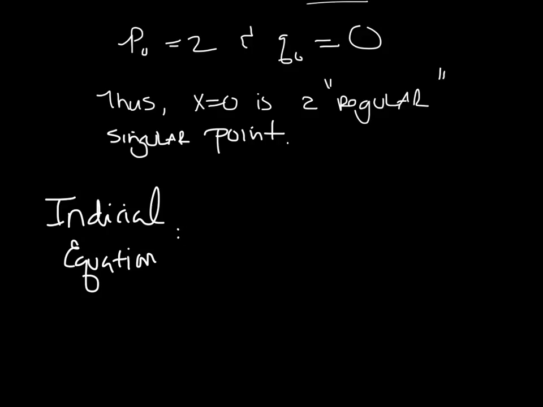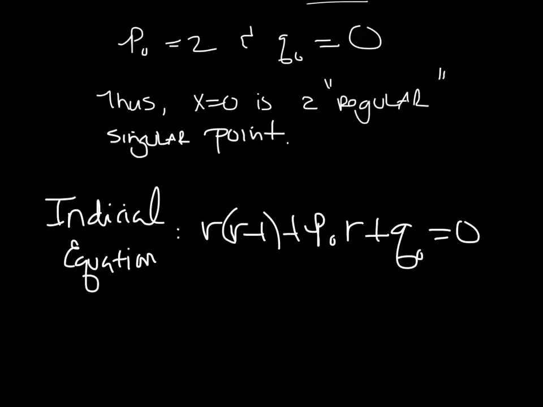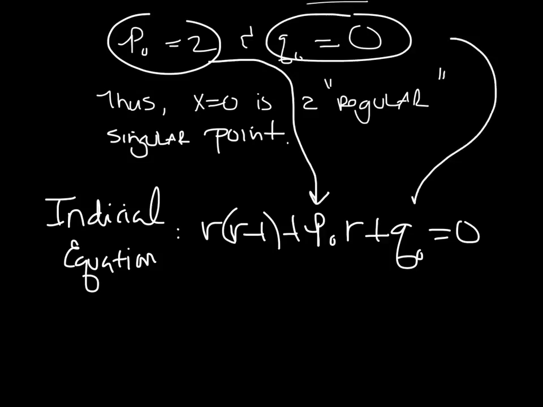Our equation is r times the quantity r minus 1, plus p naught, the p naught that we just found, times r, plus q naught equals 0. There's our p naught, so we can just insert it, and there's our q naught, which is nice, it's just 0. So if we substitute these values, we obtain